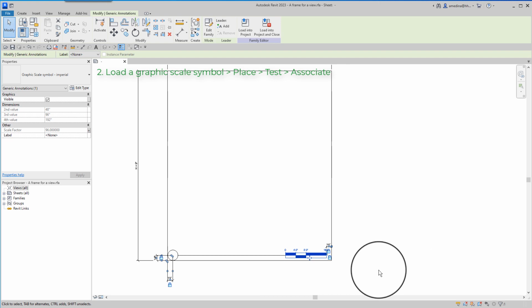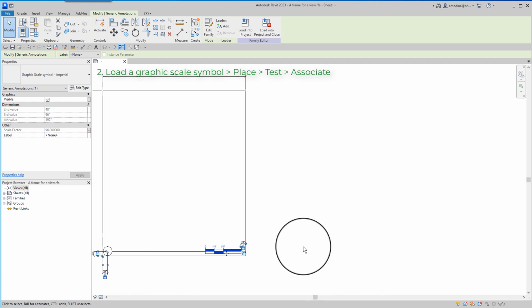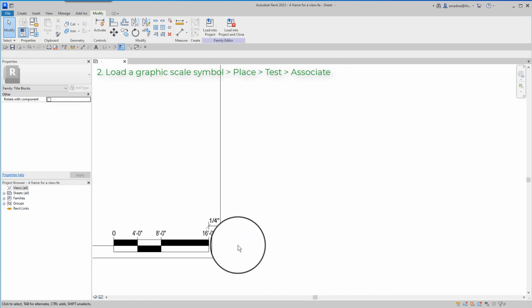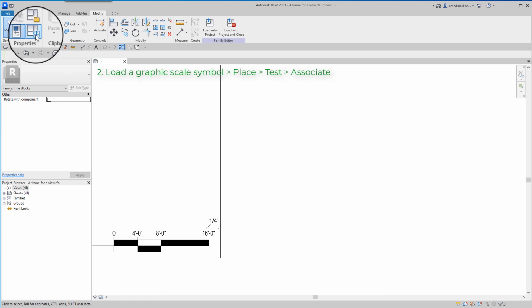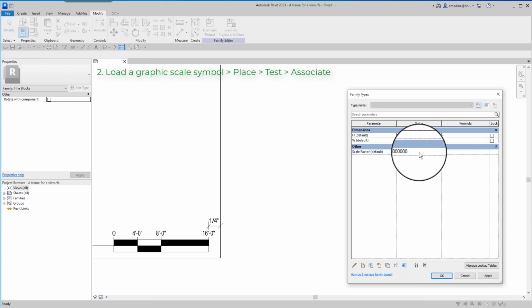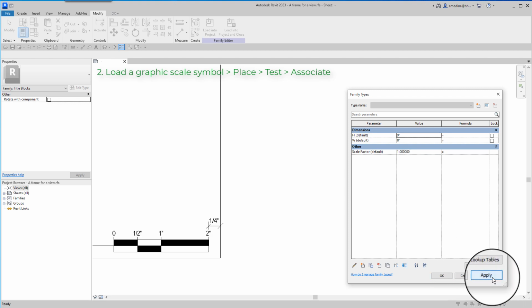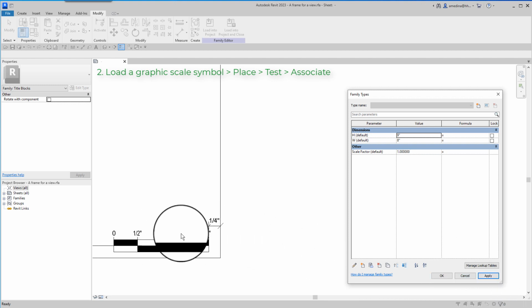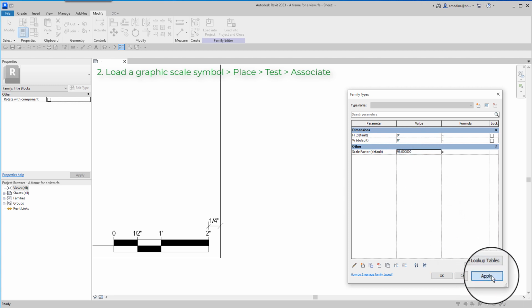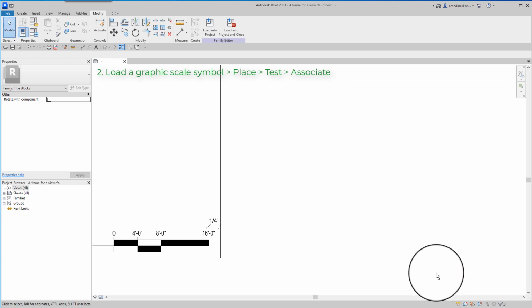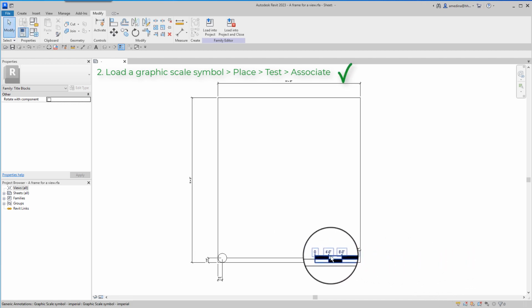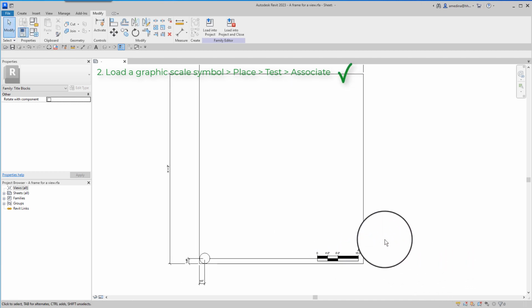And we can test the values if you want. We can go to family types and say, okay, if the scale factor is 1, apply, you see that these numbers change. So I'm going back to the default value of 96, apply, and OK. So now we have the graphic scale symbol.